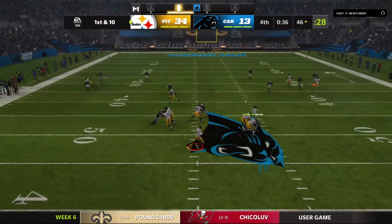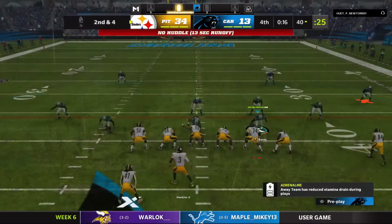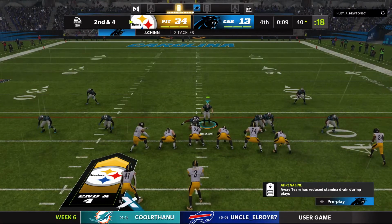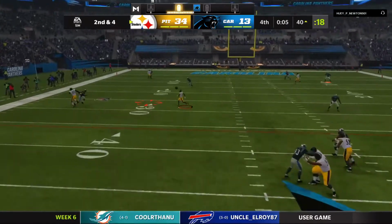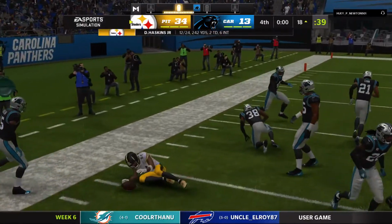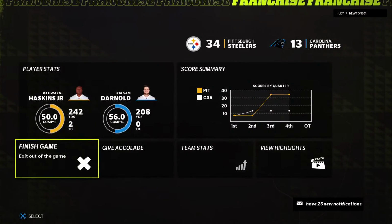Haskins going to try to throw it. They'll get this out to Kamara. It'll go down as a gain of 6, and that'll make this a 2nd down. They go play action now. Haskins. Man open, it's Goodwin. Fighting through, and he's got space. And they'll wind up getting this one all the way down inside the 20. So this one in the win column for the Pittsburgh Steelers. And they were buoyed, Charles, by...